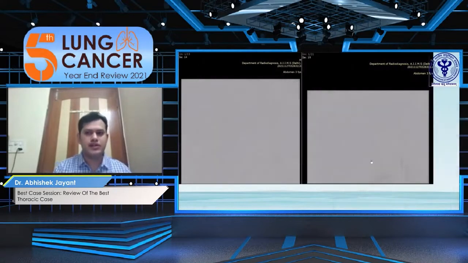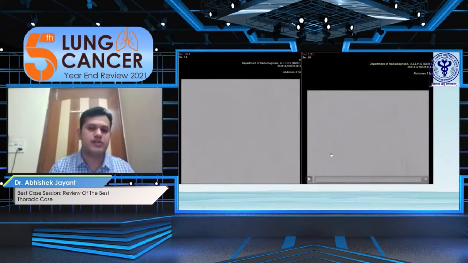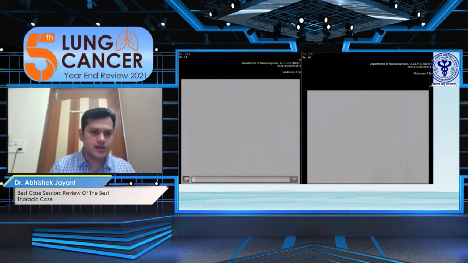So on the basis of these findings and after multidisciplinary team meeting, a plan of bronchial artery embolization was made with two objectives. First was to control the hemoptysis, the massive ongoing hemoptysis. And second was to decrease the overall vascularity of the tumor as much as possible because the patient was also planned for surgery. So these are the DSA images in which we can see, this is from the run from